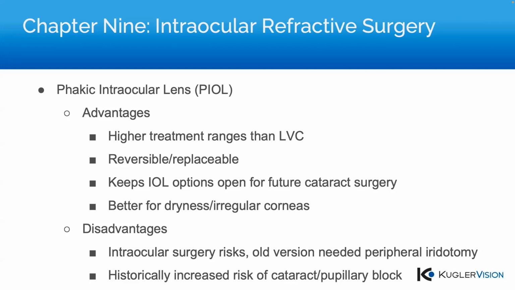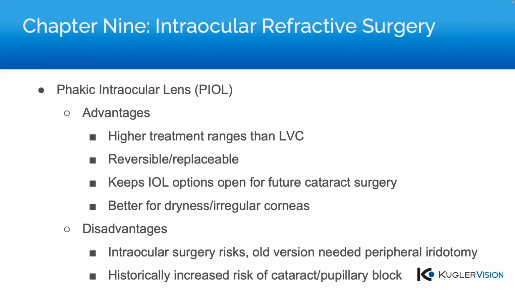Some disadvantages: the old versions of ICLs, you needed to do a peripheral iridotomy because you could get pupillary block. So you needed to create an alternative pathway for the aqueous to flow through behind the iris. With the current model that's approved in the United States and has been approved in other countries for longer, it's called the EVO ICL, but it has a central port that allows aqueous to naturally flow through without needing to